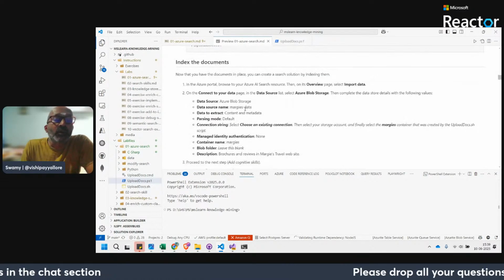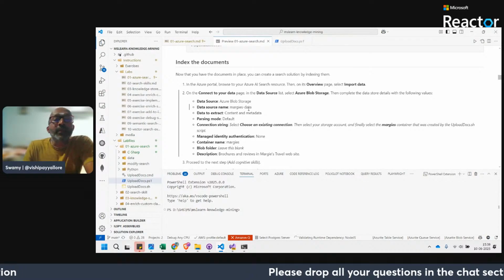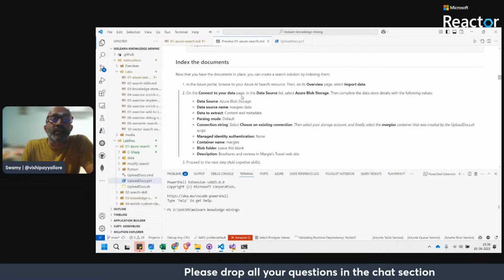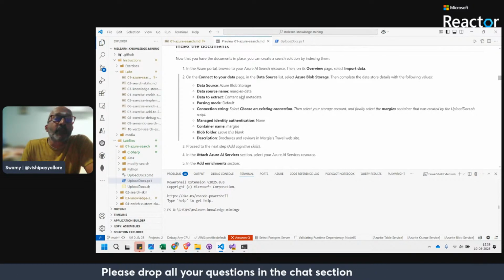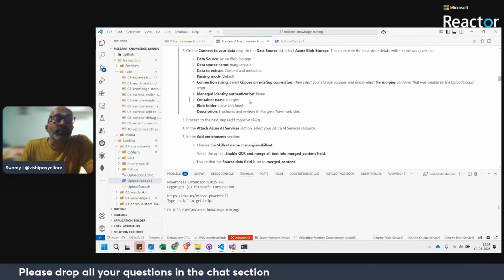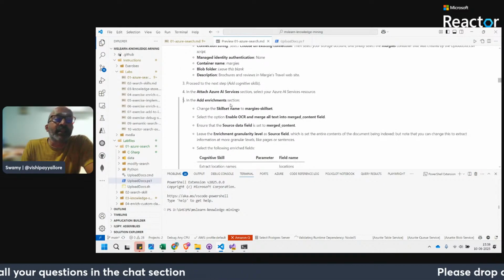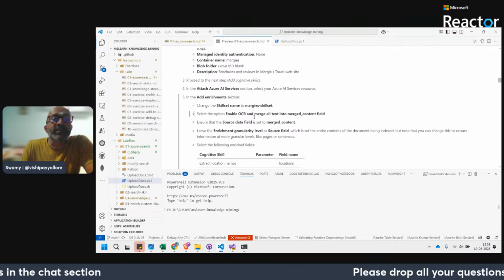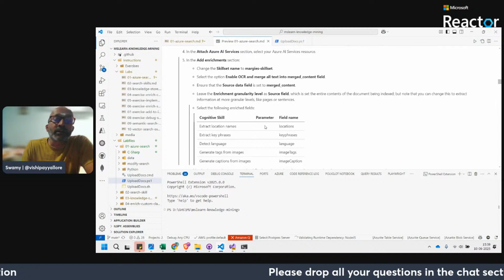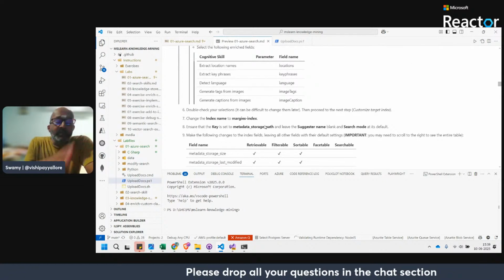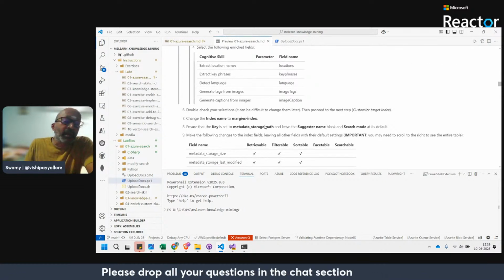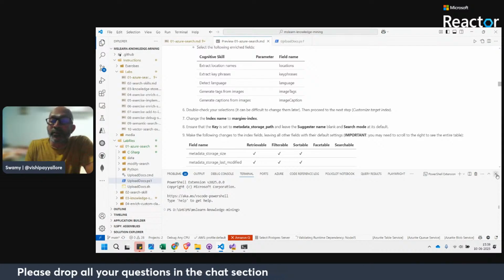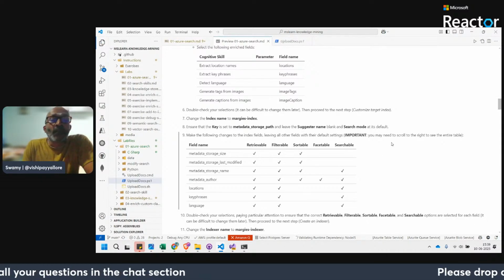We did upload the documents, then the index was manually created in the portal, where we selected the data source and all these things, adding the enrichment, the skill set name we gave, we selected OCR and everything, as we remember. We are following the same Margie's Travel. So it's not a new concept, it's the same concept.